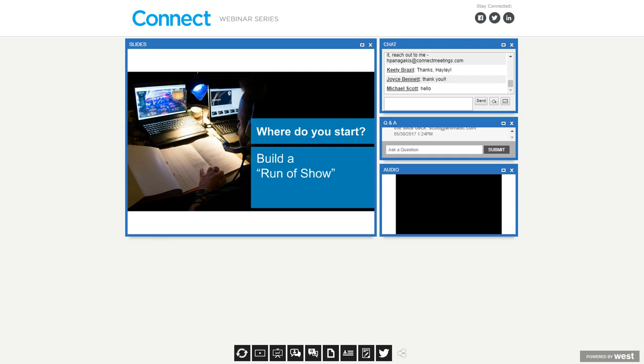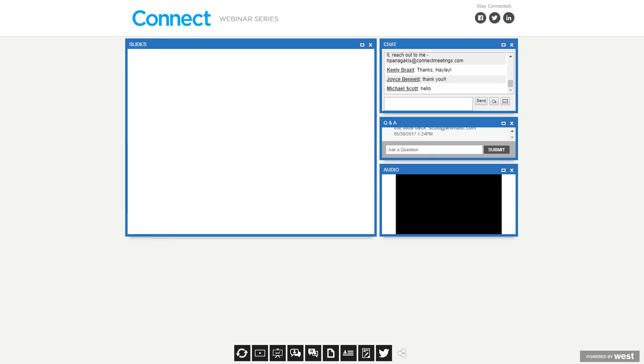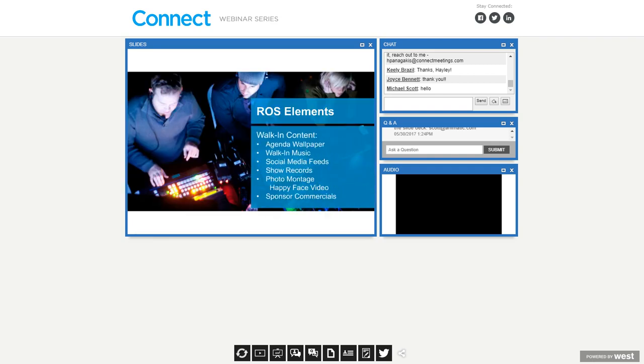I'm going to show you what a run of show looks like or can look like. There is no right or wrong way to do this as long as you're covering all of the elements. But before I actually show you the run of show, I'm going to take you through some of the elements so they'll make more sense to you when you see it in list form. So the first thing I'm going to talk about, and I'm almost taking you through in chronological order, is